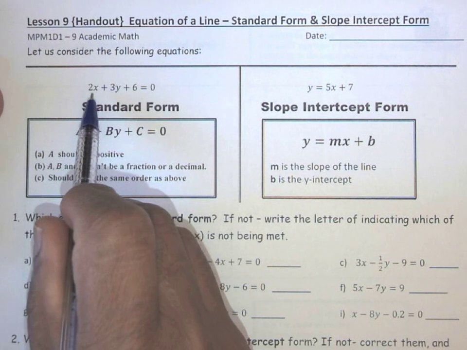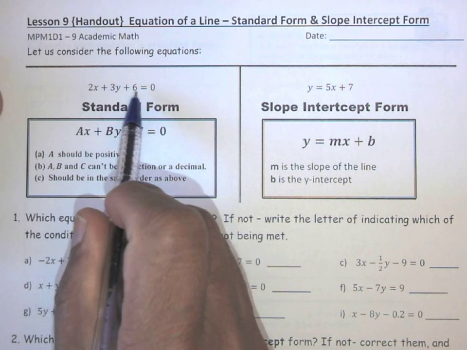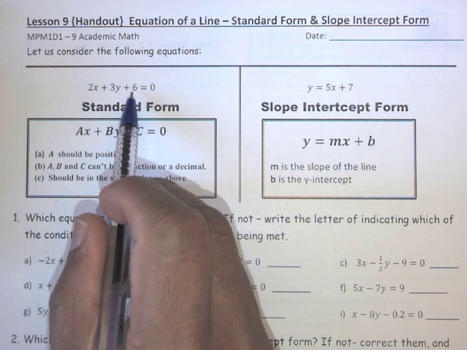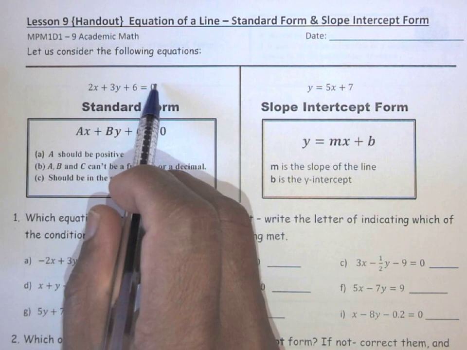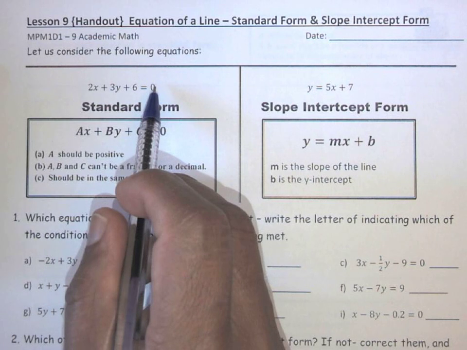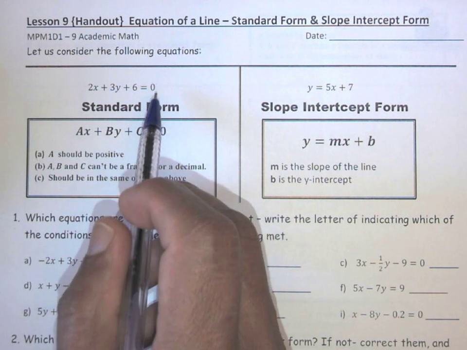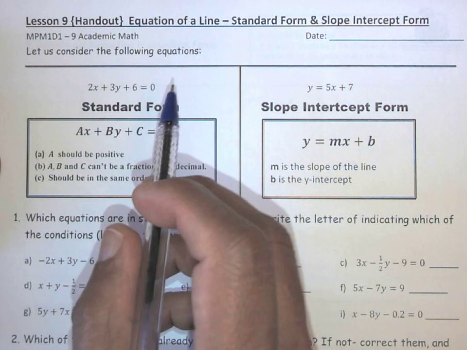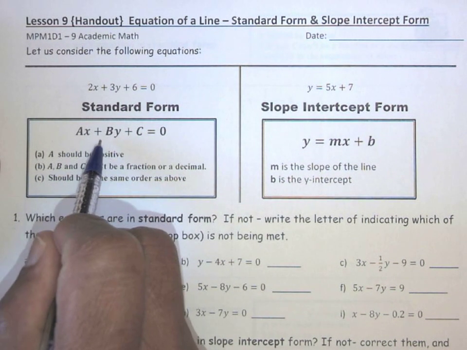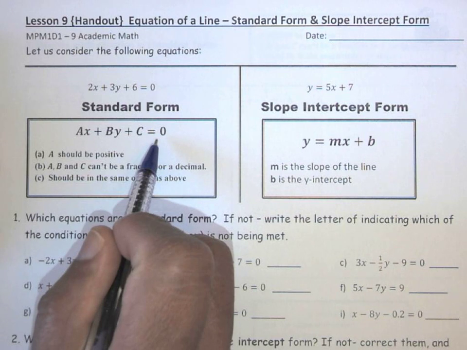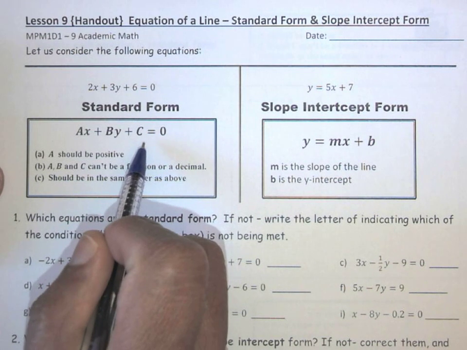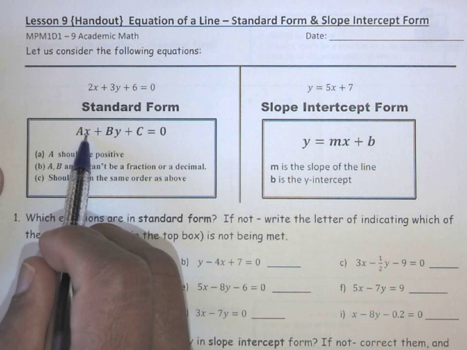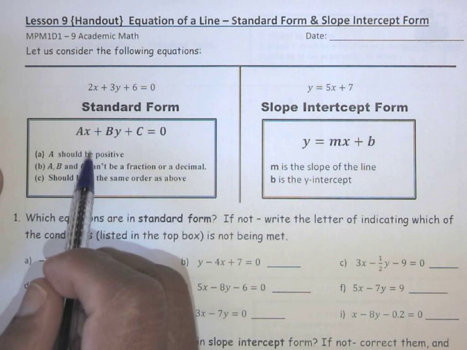So here we have 2x plus 3y plus 6 equal to 0. You have seen the three terms, right? Writing in this fashion, we say it is in standard form. A standard form looks exactly like ax plus by plus c equal to 0, and you should have the following conditions. The coefficient of the first term, that is the coefficient of x, should be positive,